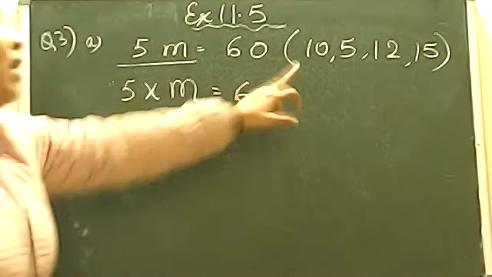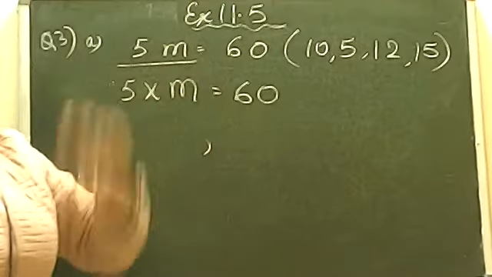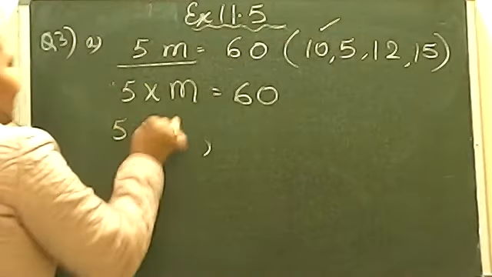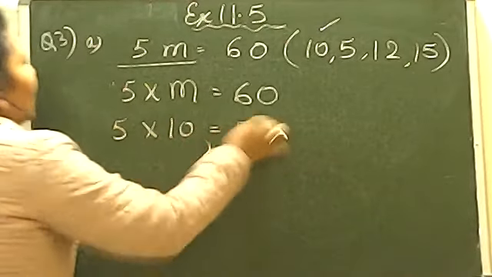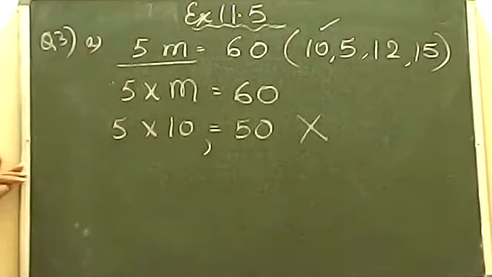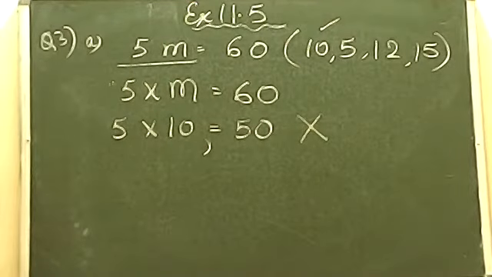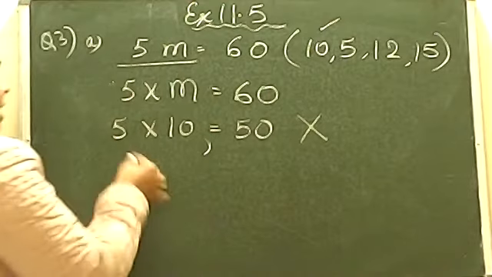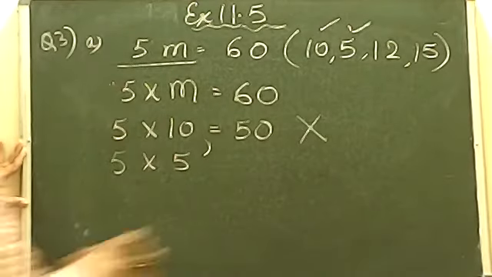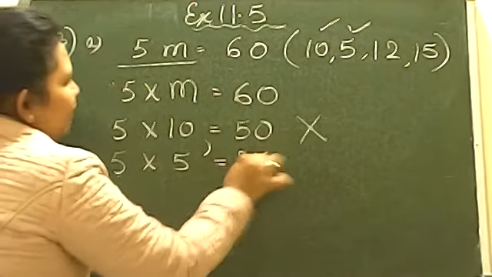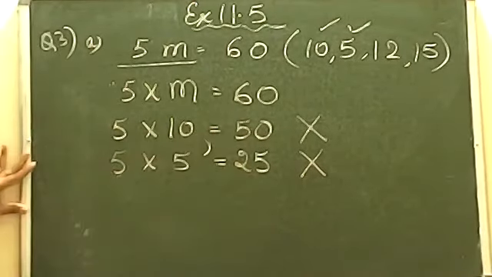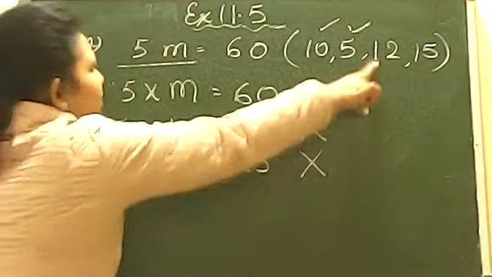Now let us keep one by one all the values to check which is the right solution. So सबसे पहले we'll start from 10. 5 into 10 is equals to 50 होता है, ठीक है, but I want 60. It is wrong. First one is wrong because we want 60, but we are getting 50 here. Now let us put the second value, that is 5. So I am placing here 5. Now 5 into 5 gives you 25. Again it is wrong because we need 60, not 25. This is also wrong. Move on to the third one.